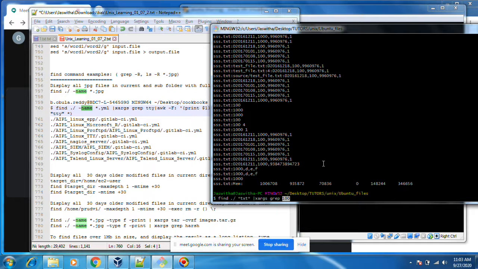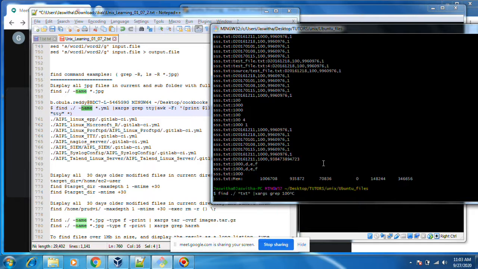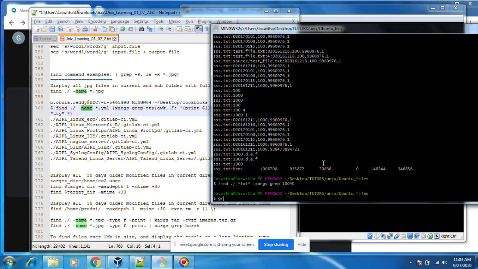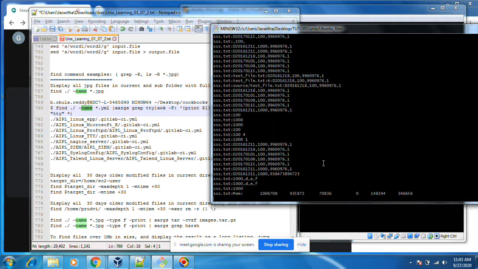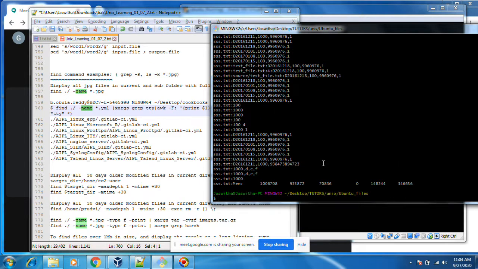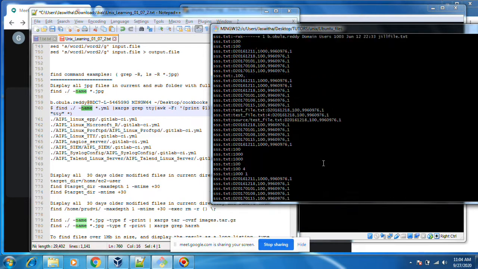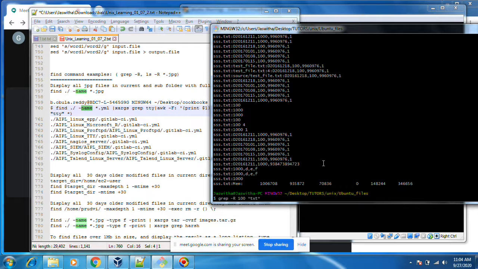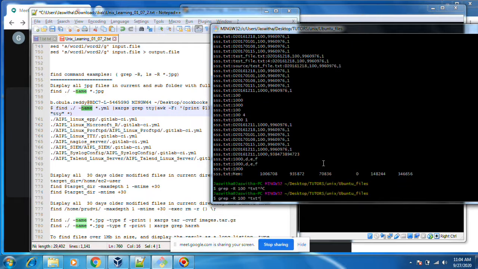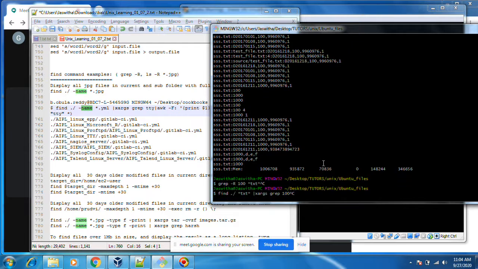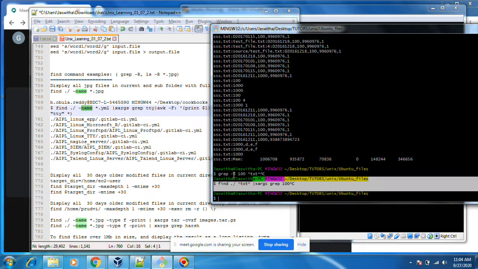It is the same command, also using grep -r 100 star txt star. Same, similar kind of output. Okay, both commands look similar.